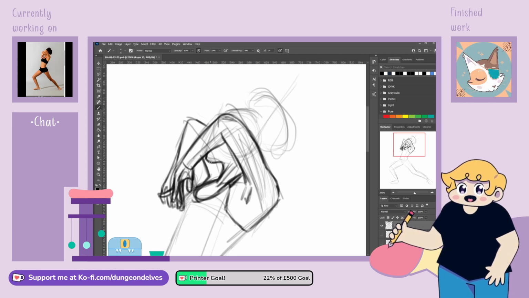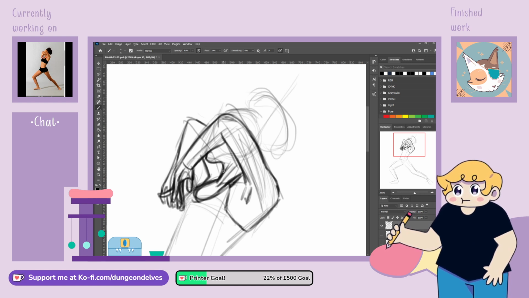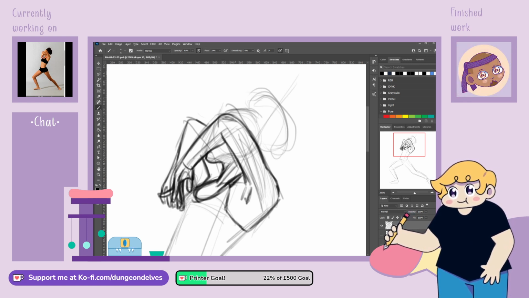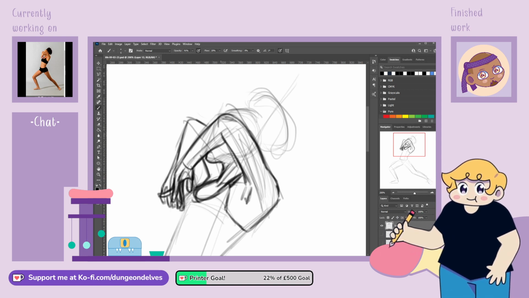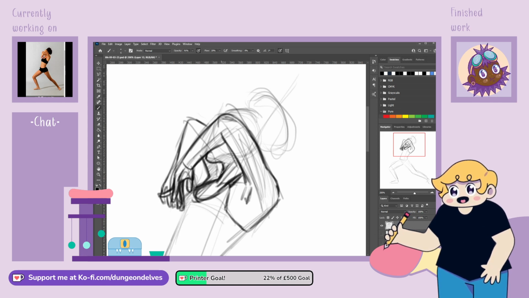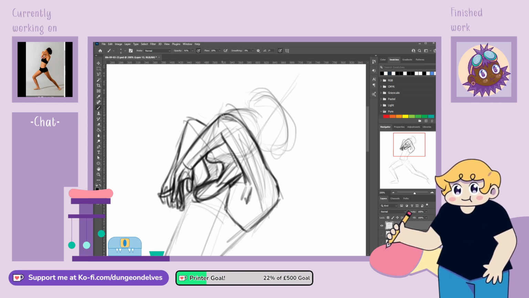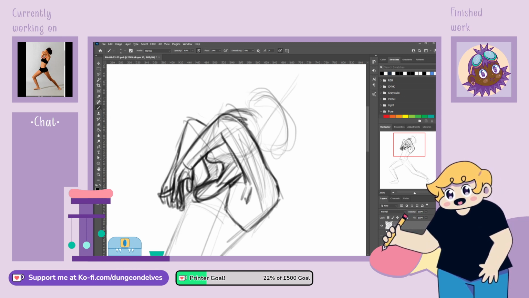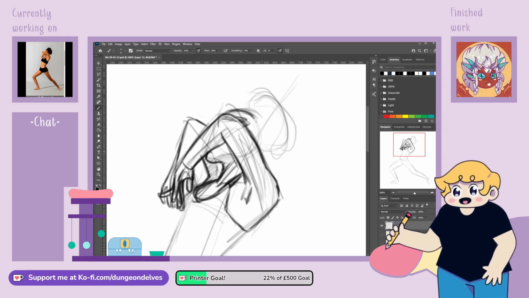And then we've got a shadow here, which kind of just comes across like that. And then the arm shadows in here. We've got her hair pulled back. We can just see a little bit of that kind of going on there.